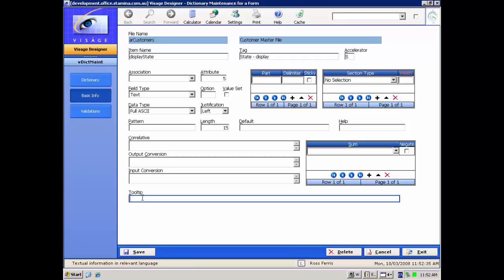Your operators will like the fact that they can have their cursor hovering over a field and get some help. Or if they physically go into a field, on the bottom line down here, they can actually see, as a simple one-liner, what they're supposed to be doing. If they want more information, and one of the things that you have generally, let's have a look at, say, tooltip, I'll get focus on that, click my little help button, and